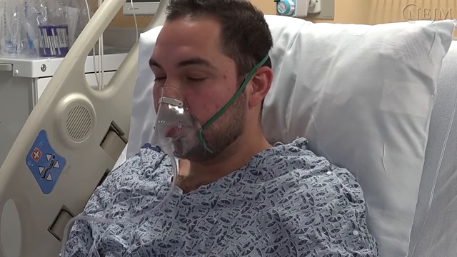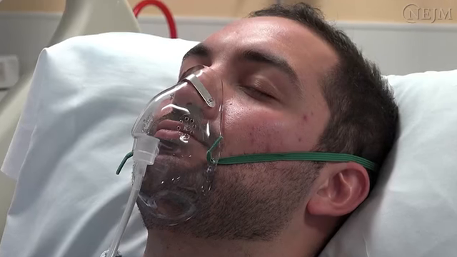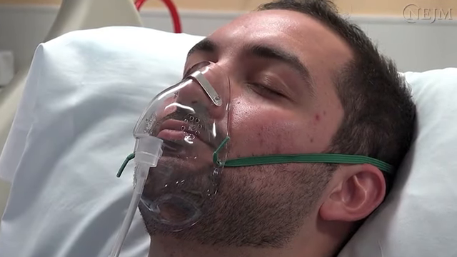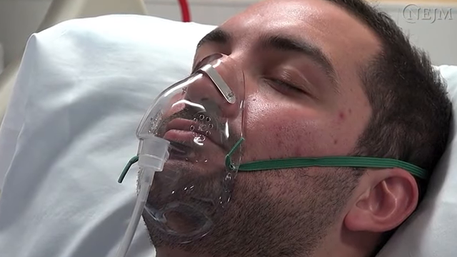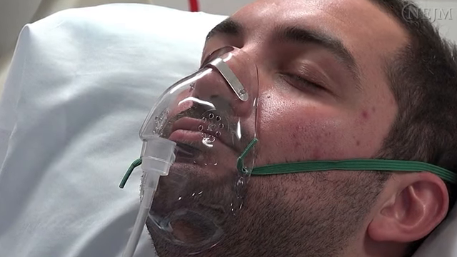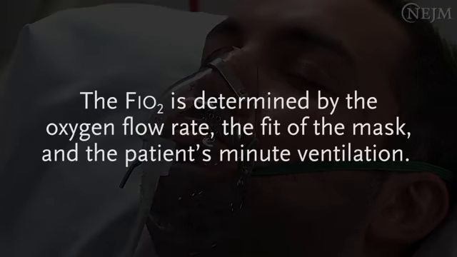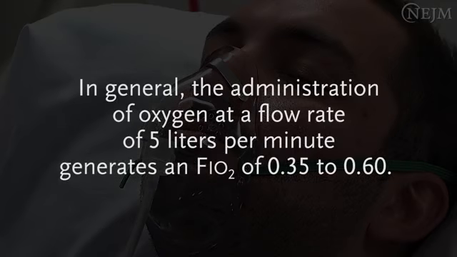Like a nasal cannula, a simple face mask can be used to administer supplemental oxygen in a patient who is breathing spontaneously. The simple face mask does not have a reservoir. There are holes on both sides of the mask that allow the flow of ambient air during inspiration and the release of exhaled gas during expiration. The FiO2 is determined by the oxygen flow rate, the fit of the mask, and the patient's minute ventilation. In general, the administration of oxygen at a flow rate of 5 liters per minute generates an FiO2 of 0.35